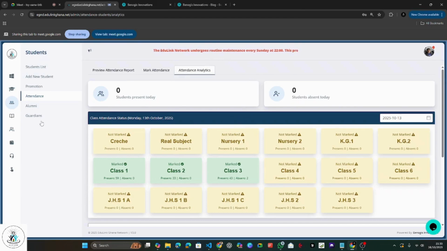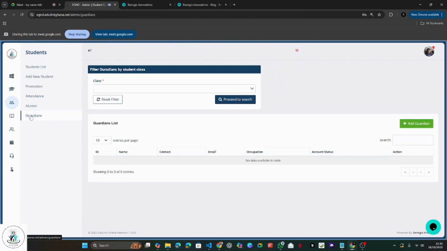That's another great feature. We move on to talk about the guardians, linking a guardian to a student, so that when you are sending messages to guardians through SMS, you will find it very, very easy. And then finally,